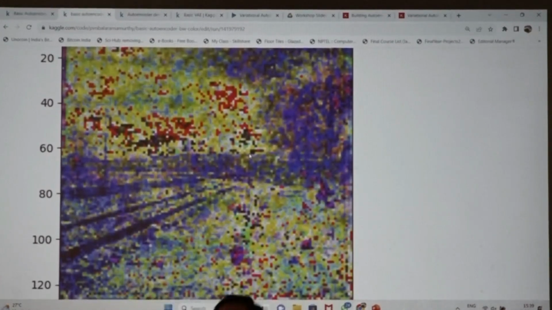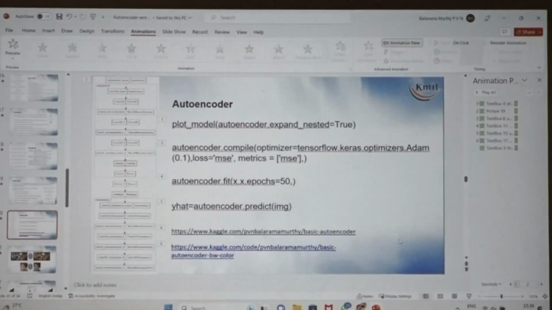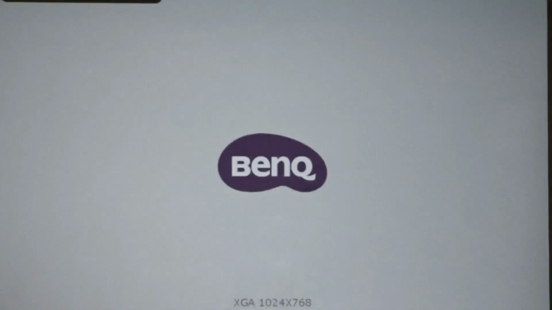But if you run more epochs, you will get the color picture correctly. So this is the autoencoder part. Now I want to go on to the next one.